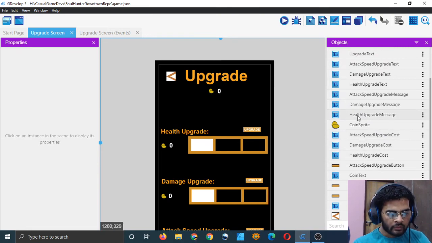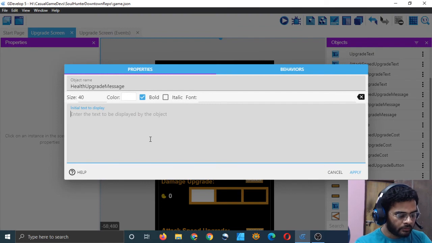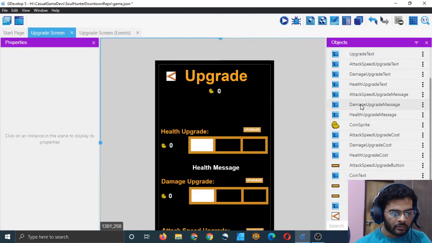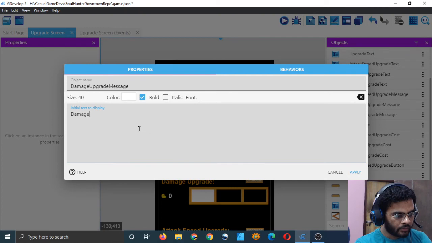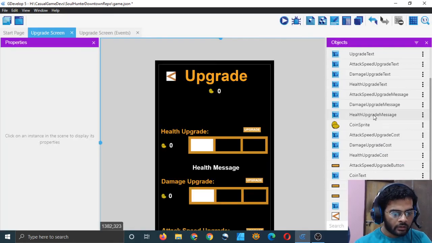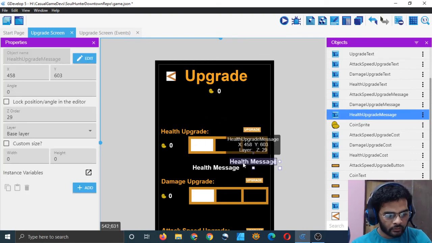Right? Message. However, to position them, I will just type something. Message, help message. I will remove this message on runtime. Health upgrade message, damage message, and attack speed message, apply, and oh, it is already here.